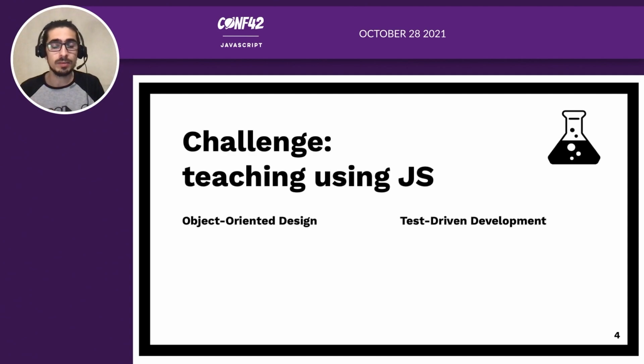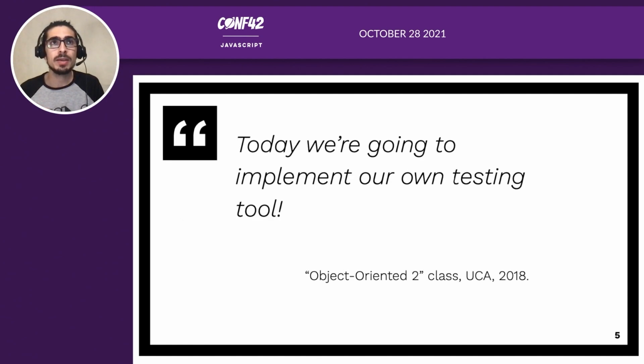One day in a class 3 years ago, I ran out of exercises and I thought, well, what can be my next exercise to practice with my students? And I was inspired by a Kent Beck idea. I started to implement our own testing tool with my students in the class with a mob programming idea. I didn't know exactly what the result would look like, but we started from the very beginning,